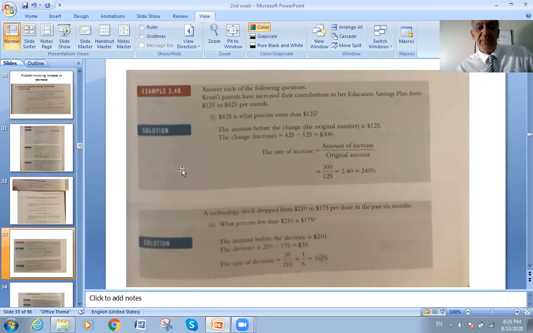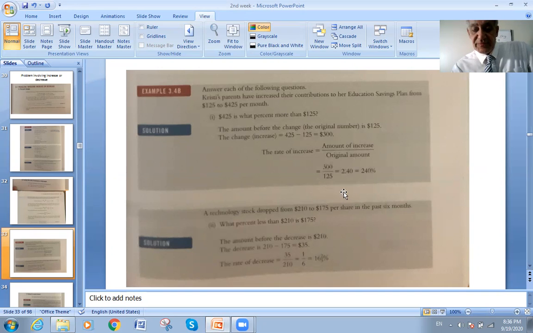So like we said, we get the amount of change. The new one is 425 and the old one is 125, divided by the old one. So 425 minus 125, divided by 125, like you see, the old. This will give me 2.40. We said before that we can move the decimal point. Check how far the numbers are from the decimal point from your right hand. We have two numbers, so I will move the decimal and put the percentage,